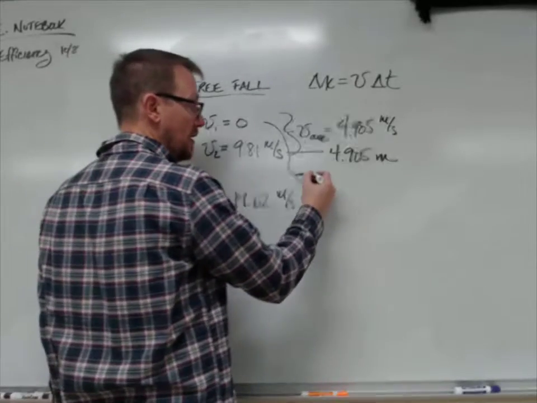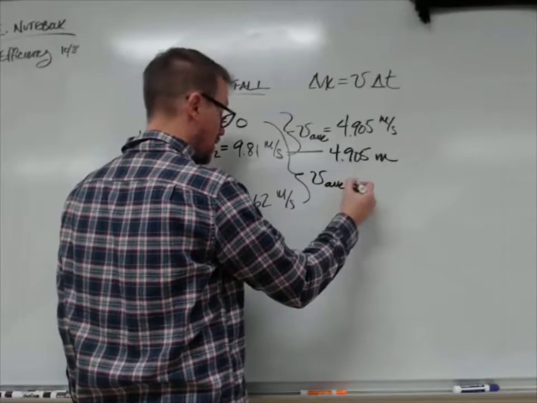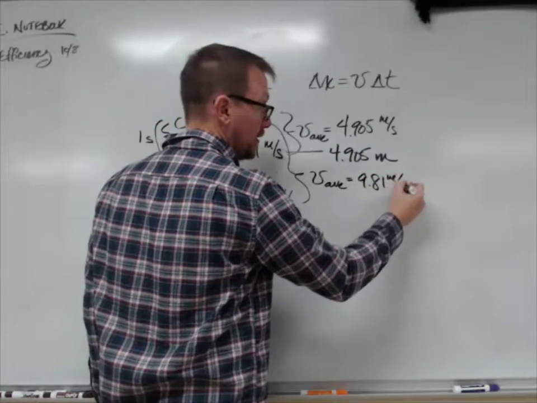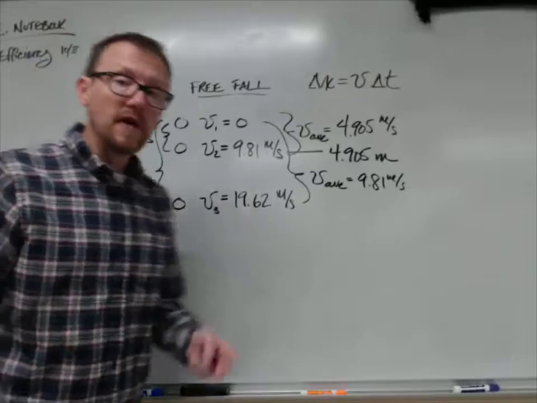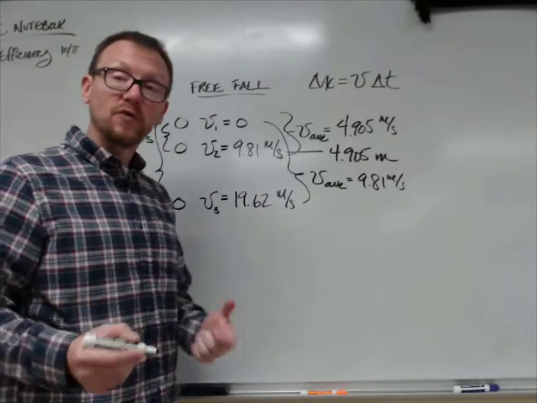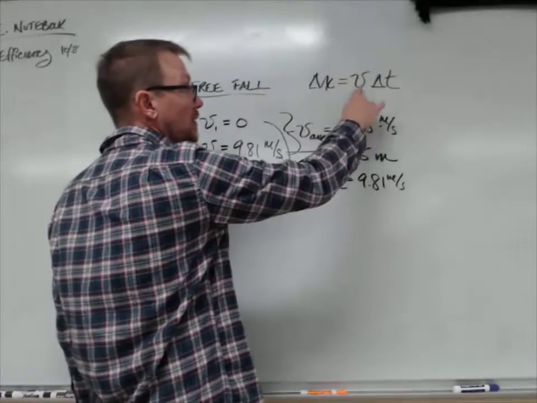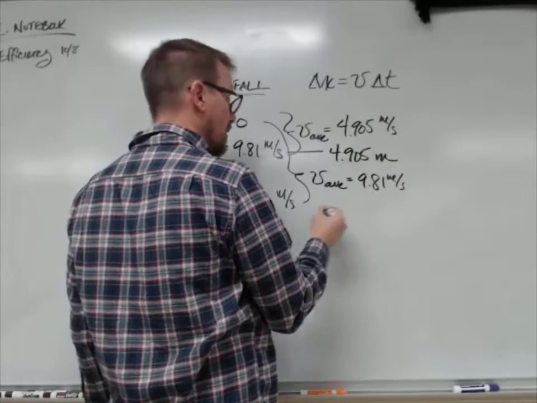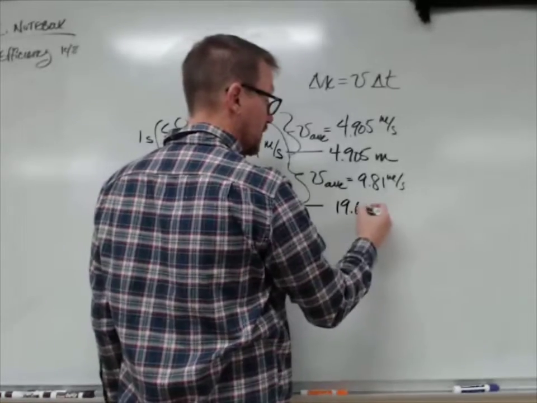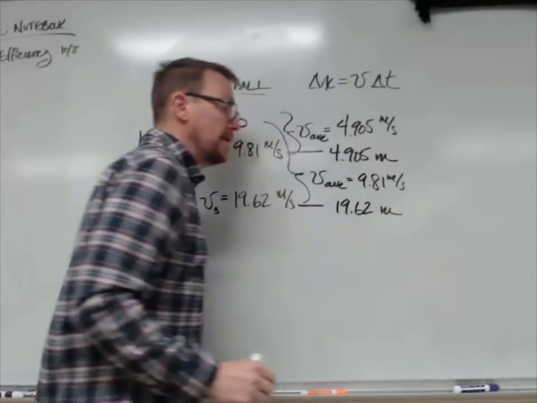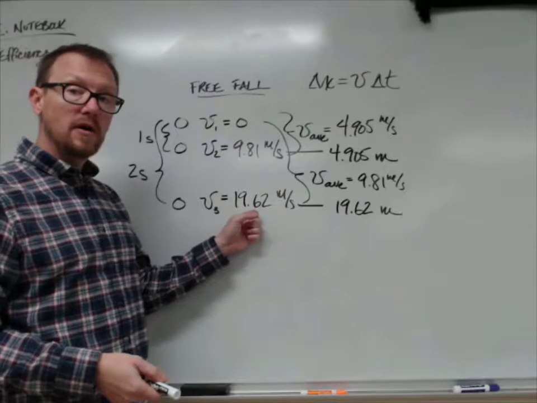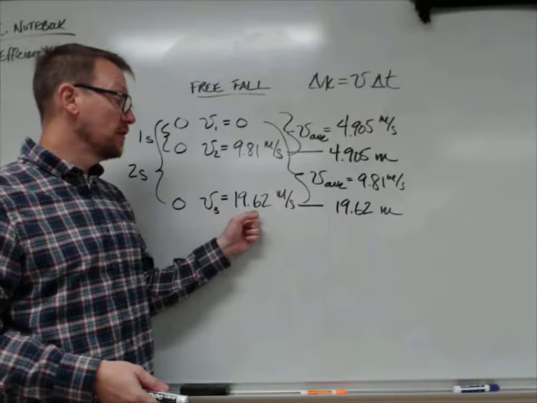On average, it was traveling 9.81 meters per second. It was doing that for 2 seconds, though. So 9.81 meters per second for 2 seconds, we plug that in. 9.81 times 2 gives us a position right here of 19.62 meters. Now this might be confusing because you might notice that it's also going 19.62 meters per second right